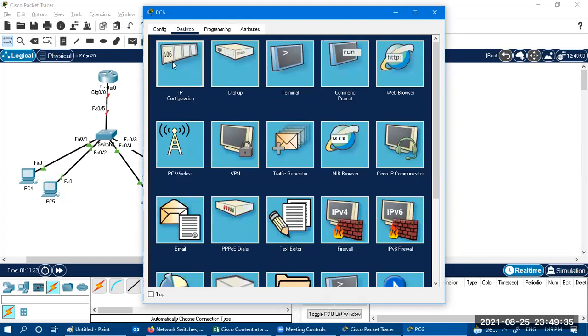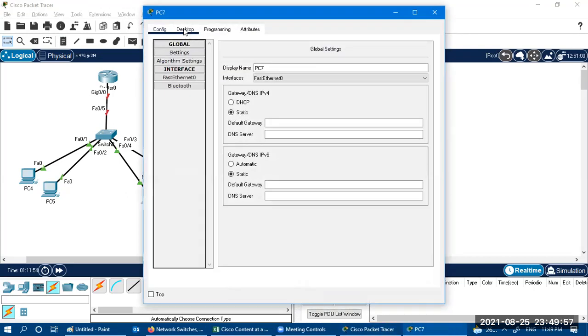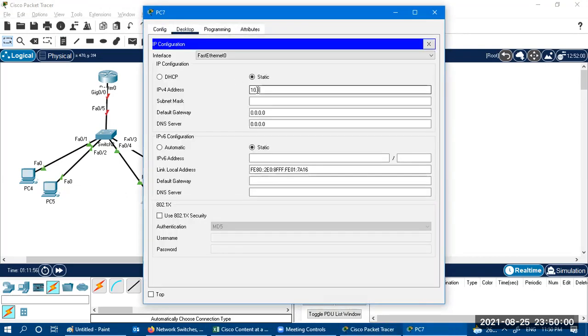In the same manner, on the next desktop, 10.1.2.1, 255.255.255.0, gateway 10.1.2.100, and on the last, 10.1.2.2, 255.255.255.0, gateway 10.1.2.100.